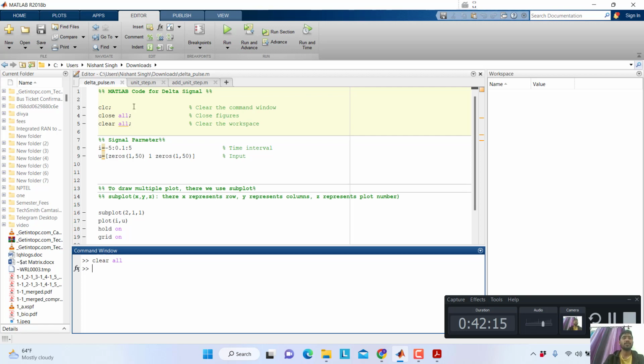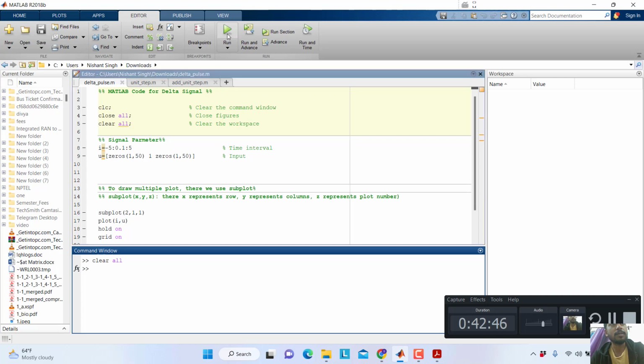So there we are generating a delta signal. As we all know about the delta pulse, it is 1 at t equal to 0, and otherwise it is 0. To generate a delta pulse, we consider an input signal, that is u, that is I. We take the time interval from -5 to +5 with a gap of 0.1. So if we run this,